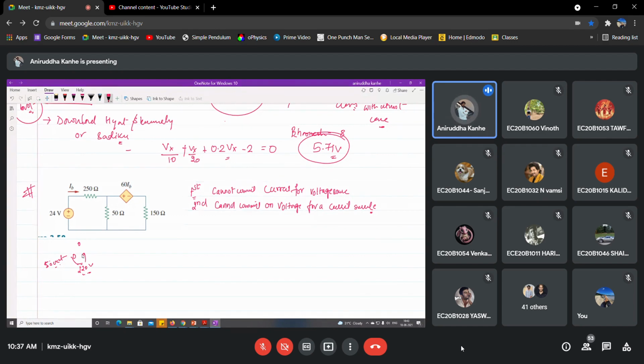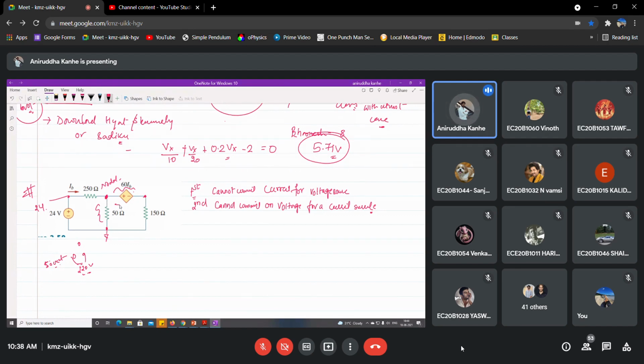But this is the open case scenario. Similarly, for an ideal voltage source, you cannot comment on the current which is flowing through it. So the problem is, if I want to write a node equation here, I know this node is obviously 24 volts. Now, with respect to this node, this drop as well as this voltage source, both are coming, right? So this is also a node now, this is also a node, and this is the ground.